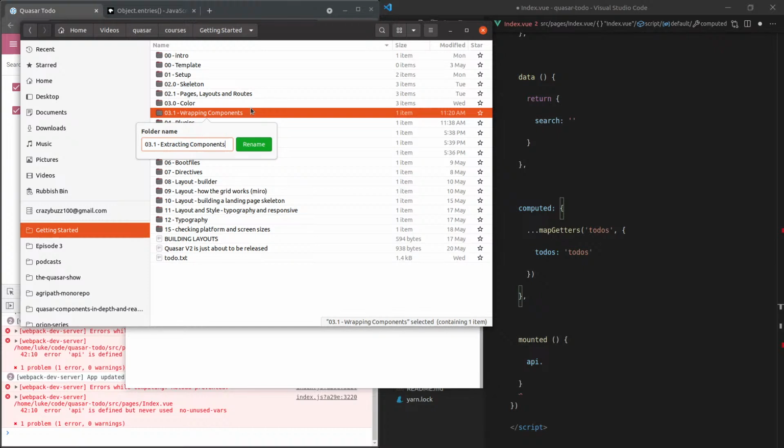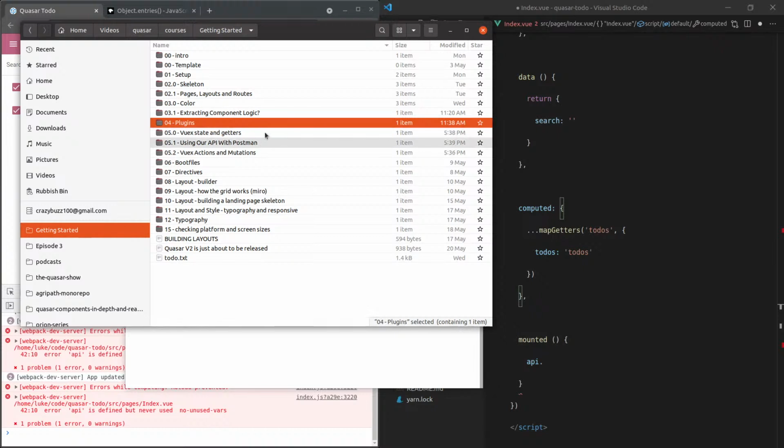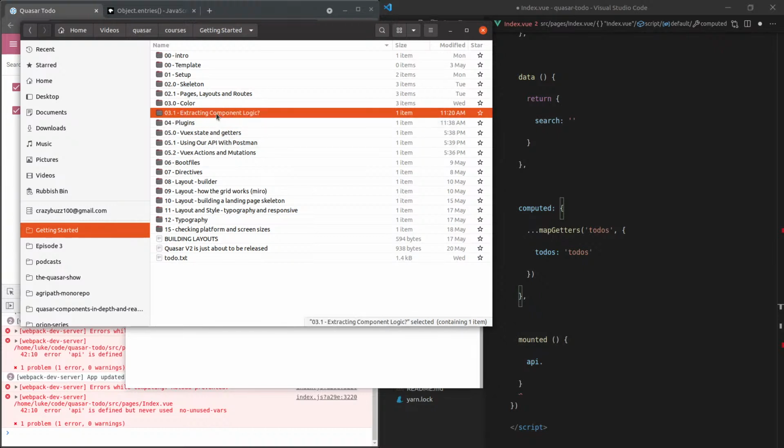Extracting component logic. I'm going to do a question mark there because I don't know if I like that. I need to come up with a better name for this